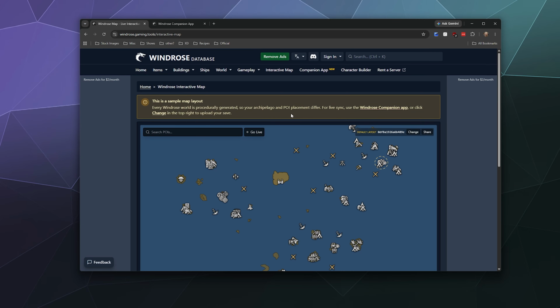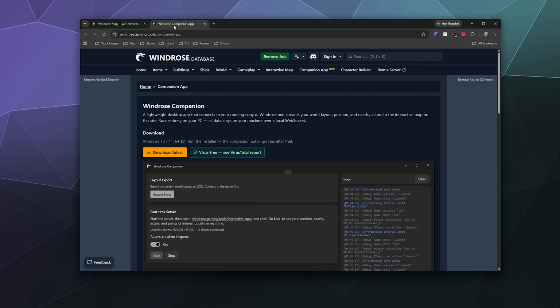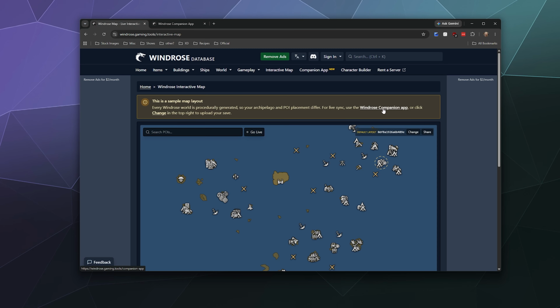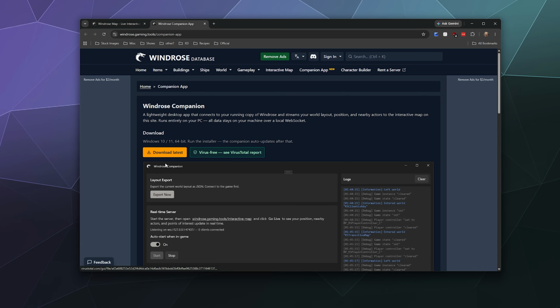The answer is they actually have this tool that you download. It's the Windrose Companion app. If you click here at the top of the screen, it's got a link to it. If you download this, it'll connect to this map and tell you where everything is. And if you want to share this with a friend, it'll give you a JSON file where they can connect to your server and upload the JSON file to the Windrose map